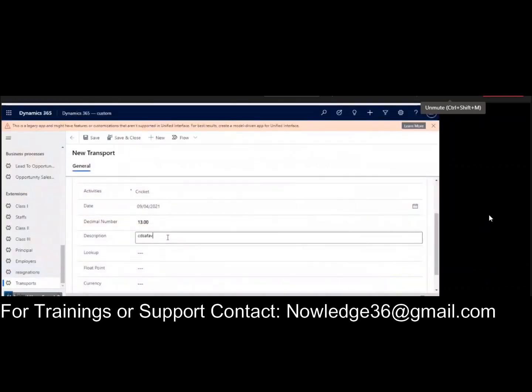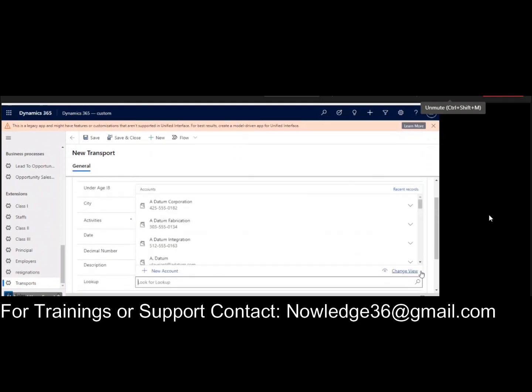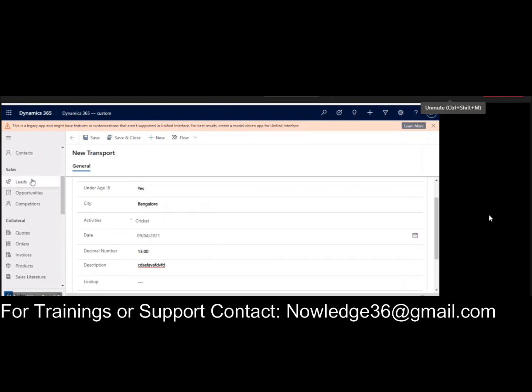The description is a multiple line of text, and you can see the lookup. For lookup we will give the account entity. You see, these are the account entity records. For example,